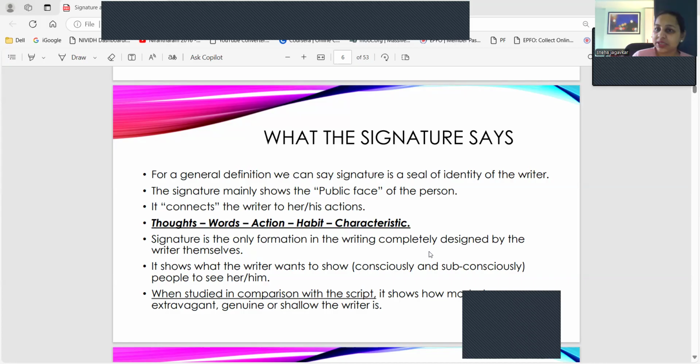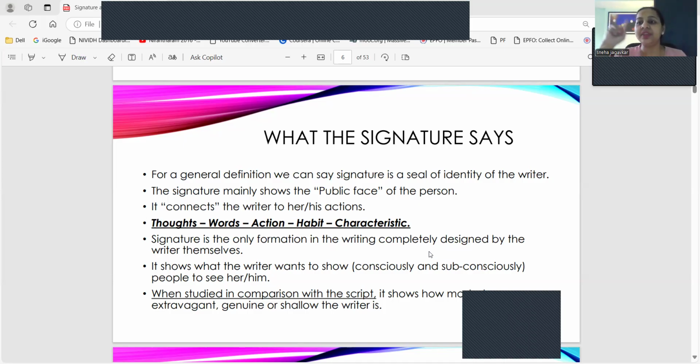As he suggested, I made a few changes, and my legal signature has been the same for the past 12, 13 years. It has not changed at all. And I can see a lot of difference in my career growth as well. So, it does help. But the very first thing we all need to understand is